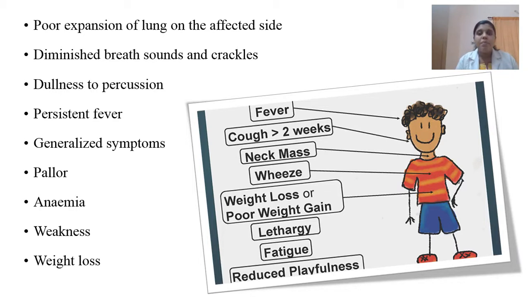Okay, then there will be a persistent fever, then generalized symptoms will be there. The child will have complaints of pallor, anemia, then weakness, weight loss, and lethargy, and reduced play activity, etc. So these are the major clinical manifestations you can notice in a child. Okay,